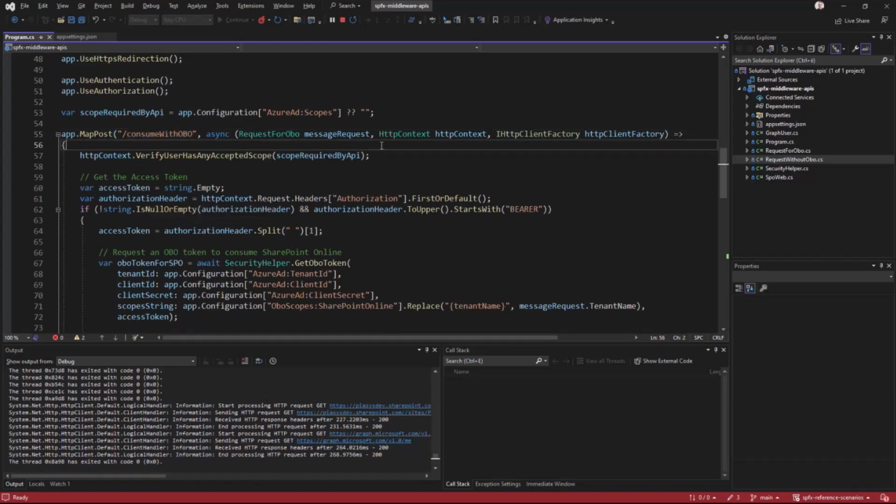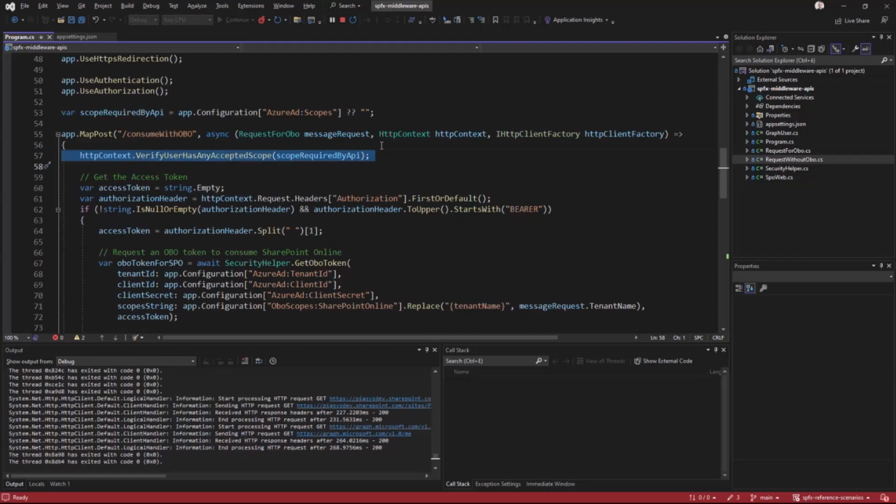And in this one, first of all, I verify using the out-of-the-box functionalities of .NET that the request I'm getting in does have the proper permission scope that I want for any request that I need to serve, so that I can guarantee that I will only provide the result of my endpoint to those requests with a proper access token, with a proper permission scope in the access token.